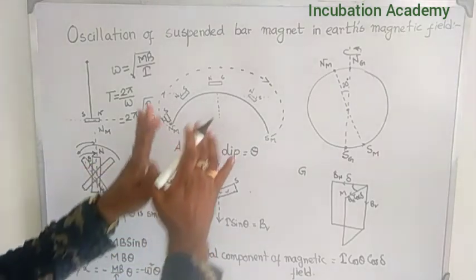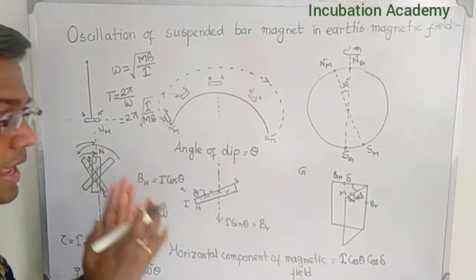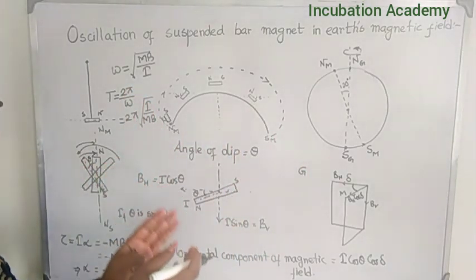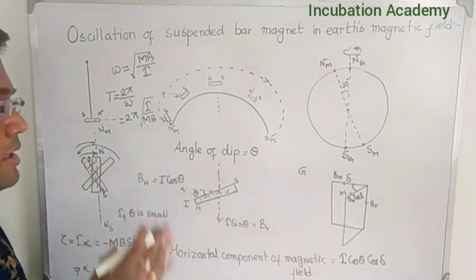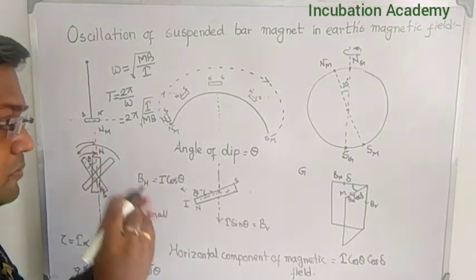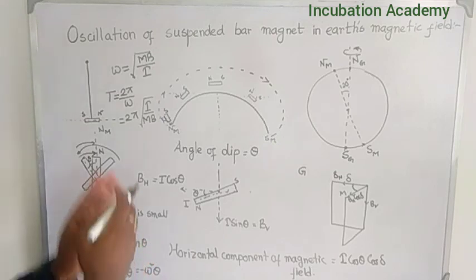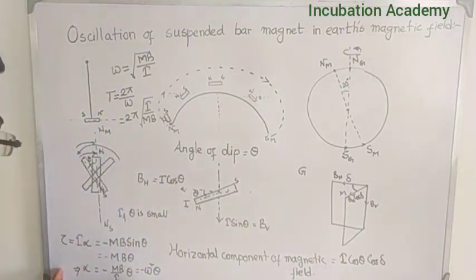Before that, we discussed what the magnetic elements are, what elements basically influence the magnetic field at any position on the Earth's surface. After that, we calculated that the torque I alpha, and alpha equal to minus omega square theta, and we have seen that it is a simple harmonic motion, and this is the time period of this particular oscillation.